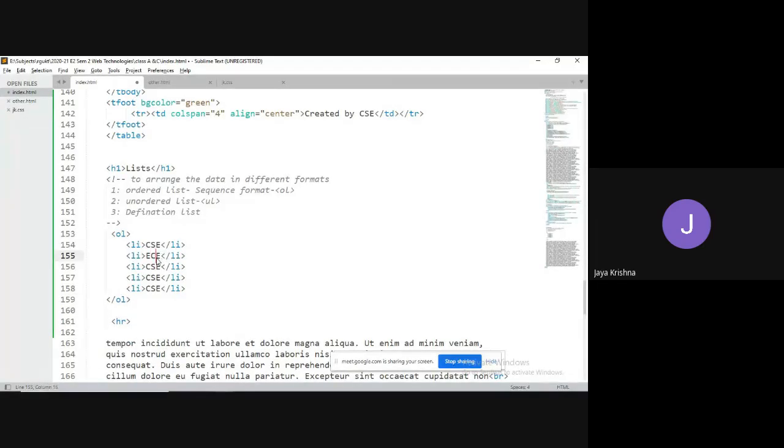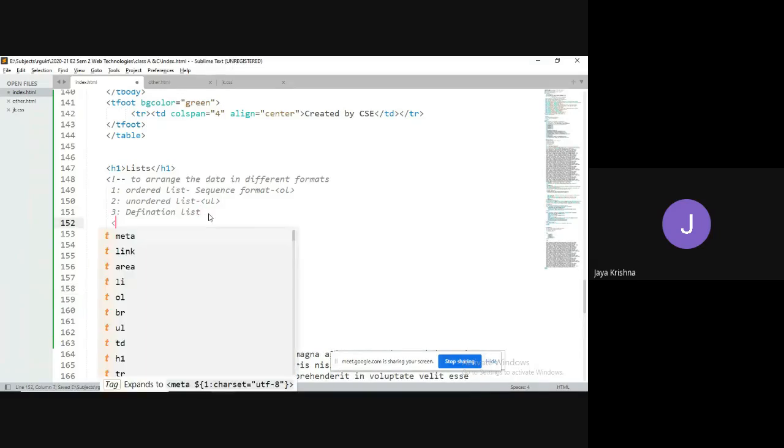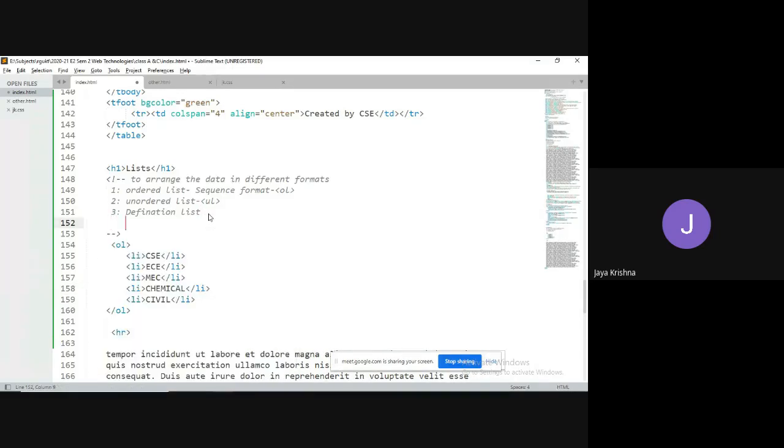PCE, mechanical, chemical, civil. Okay, so the purpose of this LI tag is to add items to any kind of list, whether it may be an ordered list or an unordered list.